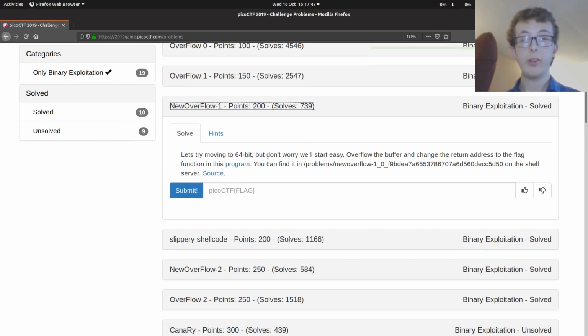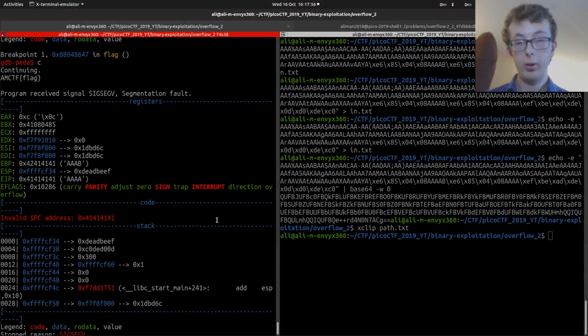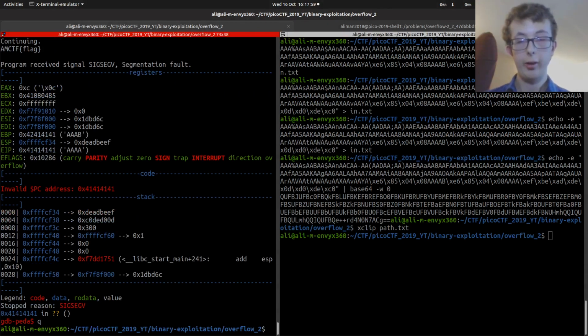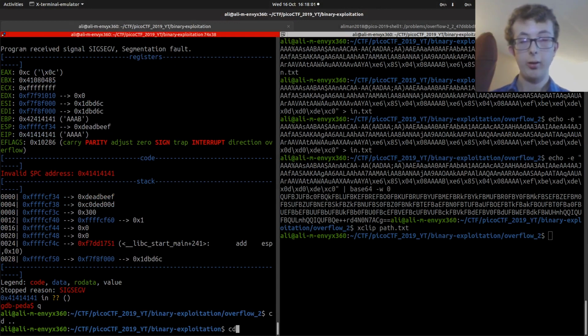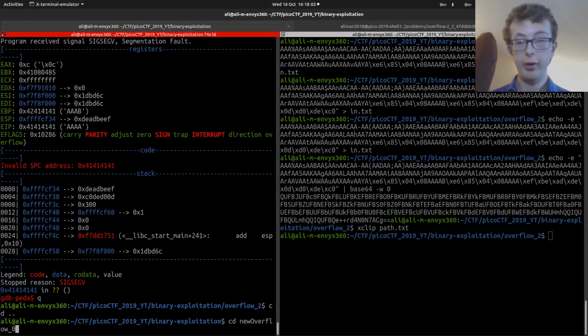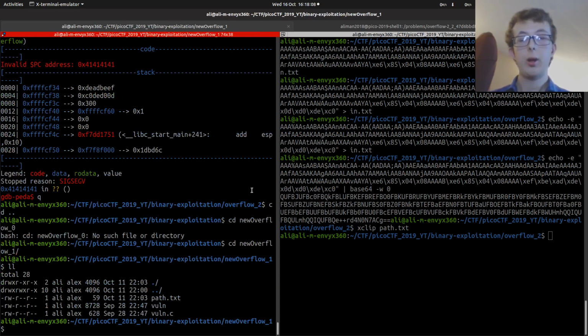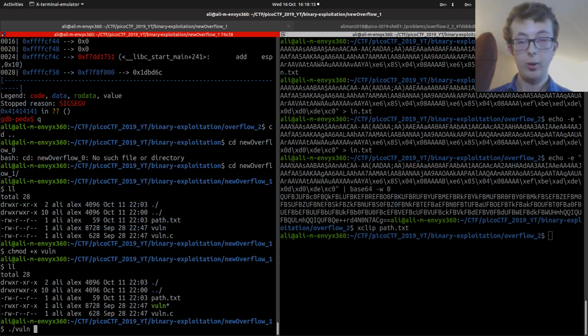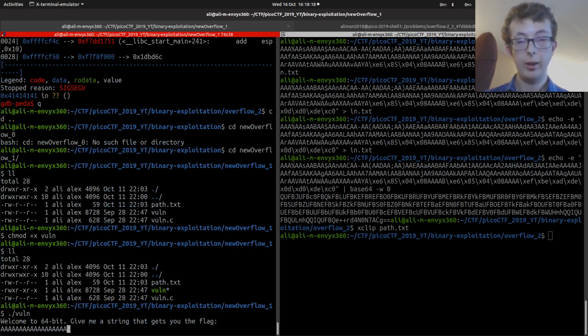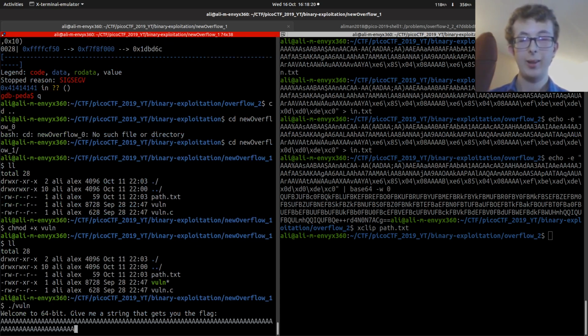Let's try moving to 64 bits. Don't worry, we'll start easy. Overflow the buffer and change the return address to the flag function in this program. So we're going to quit this and go into new Overflow 1. We're going to make vuln executable, and we're going to just run ./vuln, and it says give me a string that gets you the flag,